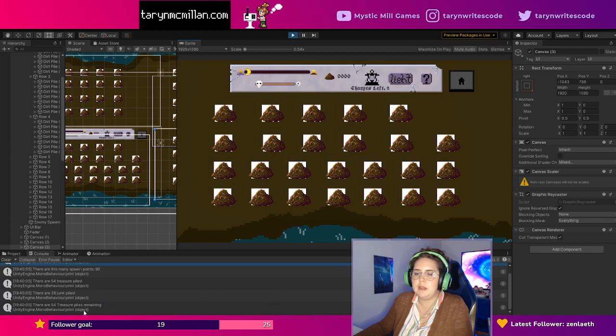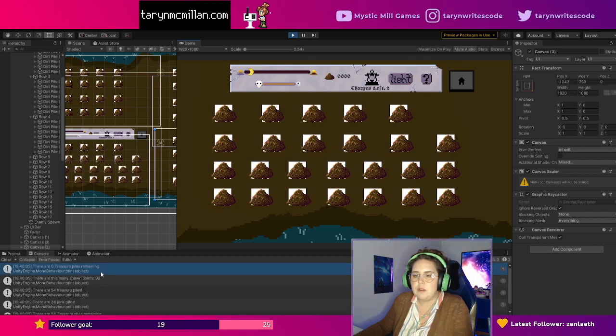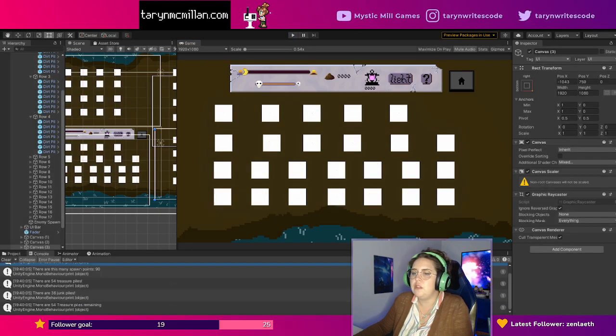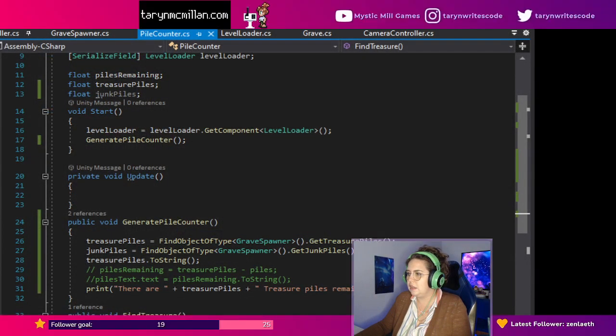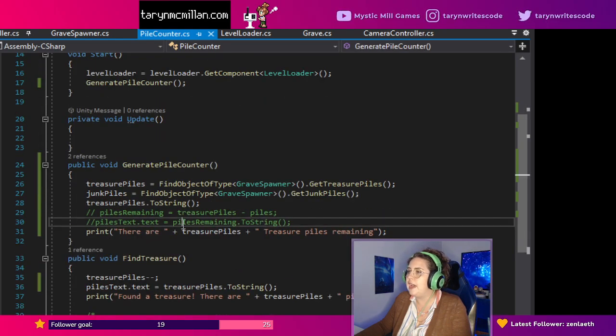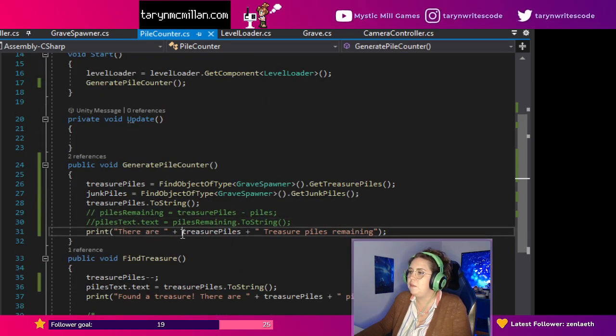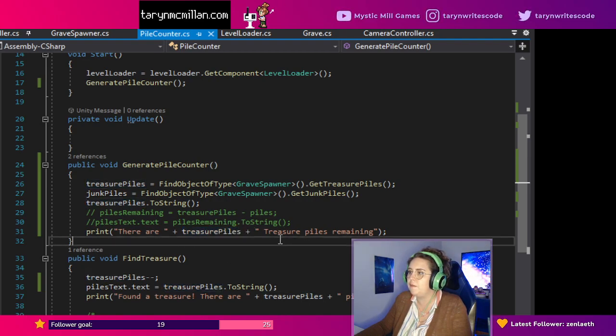Okay, so once again, we're getting a good number, I think, of treasure piles. There are 0 treasure piles remaining. So, interestingly, in the one script here, we want to make sure that this pile counter script is bringing over the correct float value for this treasure piles variable. And it looks like it is, because it's saying there are 54 treasure piles remaining, which is the value that it took from the grave spawner script. So that's good. However,